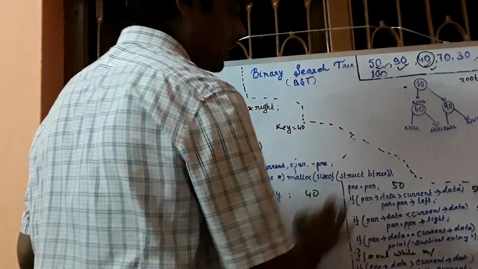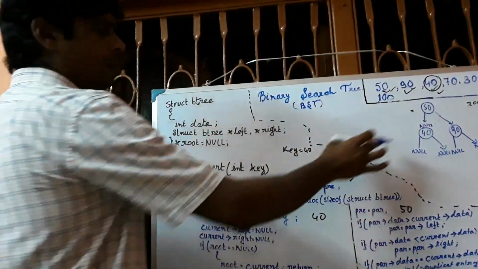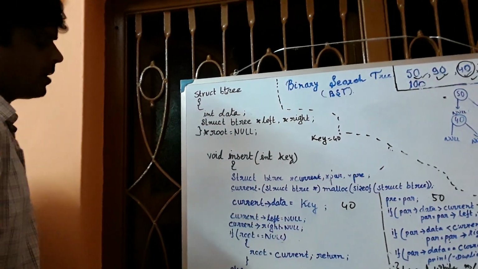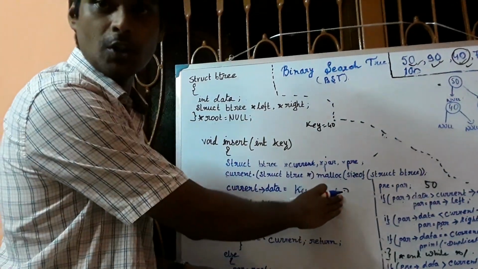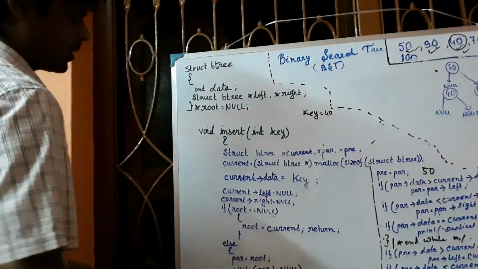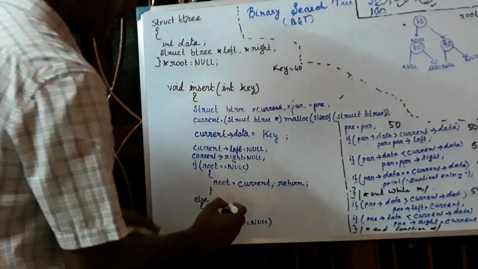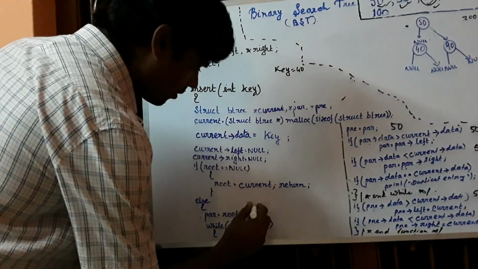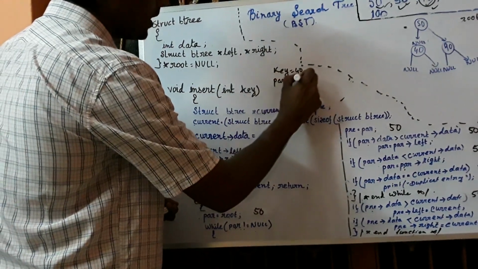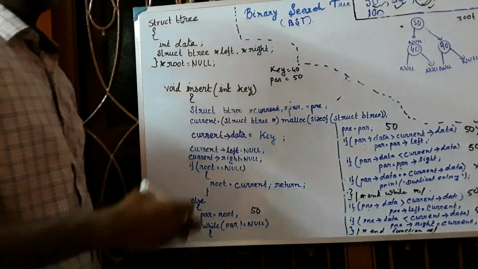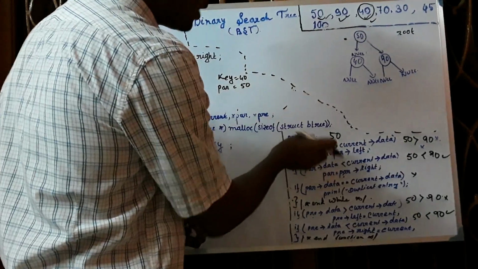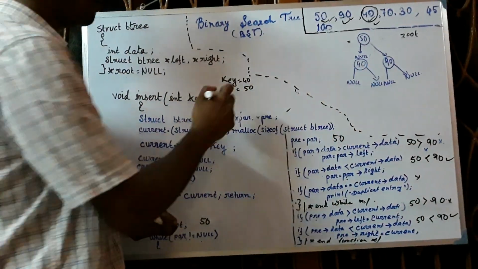Now I have to check whether my program is working correctly or not. If it's working correctly, then they will be linked together. Now root is not null. What is the root node? Root is 50 because always 50 starts. So root is 50. Root will go to the par. So I can say par will become 50. So I write par equal to 50. Par not equal to null. 50 not equal to null. Condition is true. Next, par equal to pre. That means what is the value of par? Par is 50. So pre will become also 50.